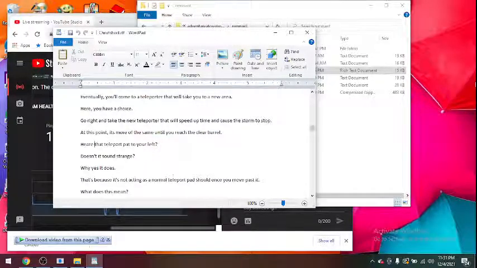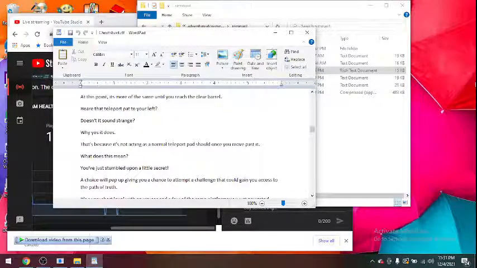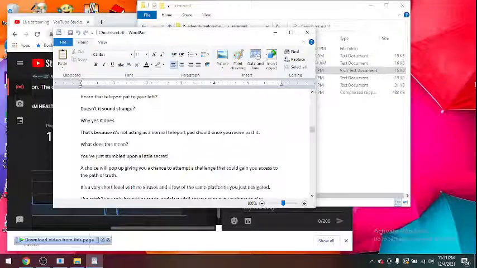At this point, it's more of the same. Here, a teleport path to your left. Doesn't it sound strange? Why, yes it does. That's because it's not acting as a normal teleport patch once you move past it. What does this mean? You just stumbled upon a little secret. A choice will pop up giving you a chance to attempt the challenge that could gain you access to the path of truth. It's a very short level with no viruses and a few of the same platforms you just